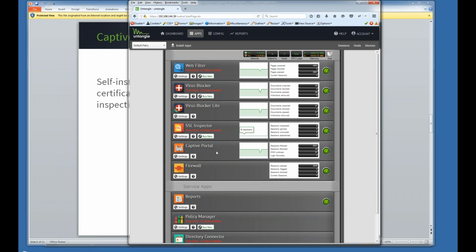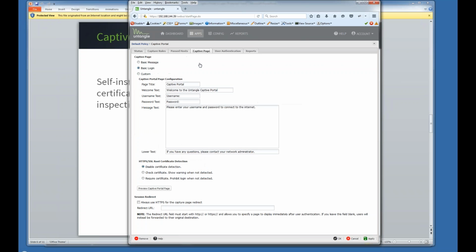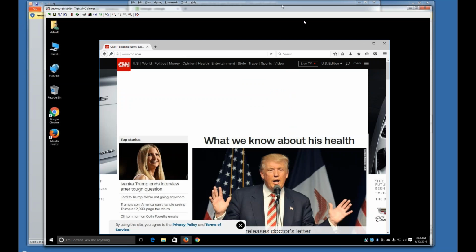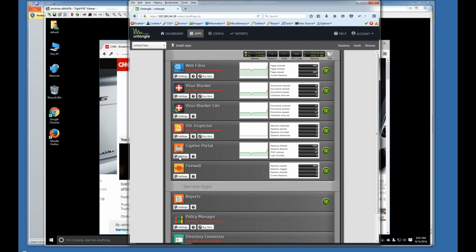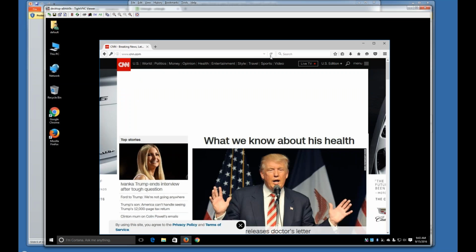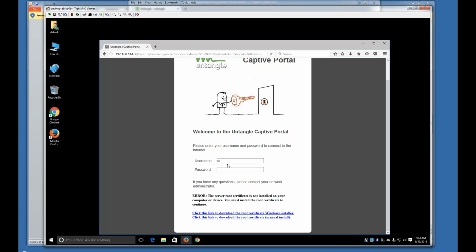So we're there. And now for the Captive Portal, I'll say we're going to require the certificate. So we'll go ahead and save that. And now I'm pretty sure I have to log myself out, and these do time out. I'm going to go ahead and, as you can see, the links are present because I don't have the certificate